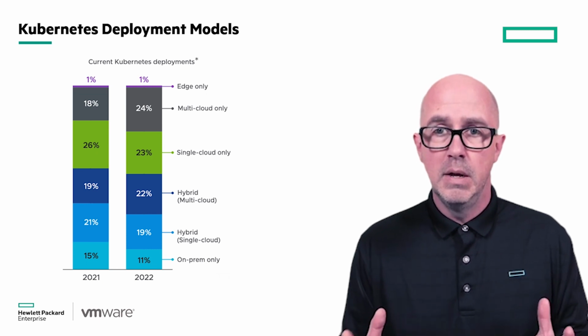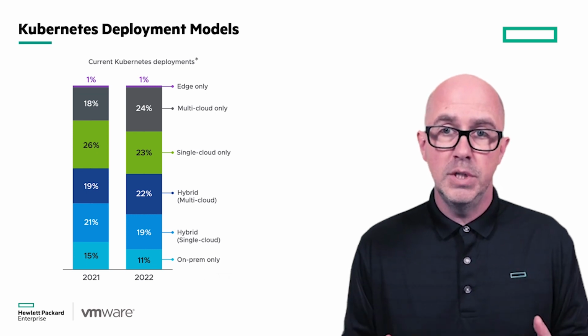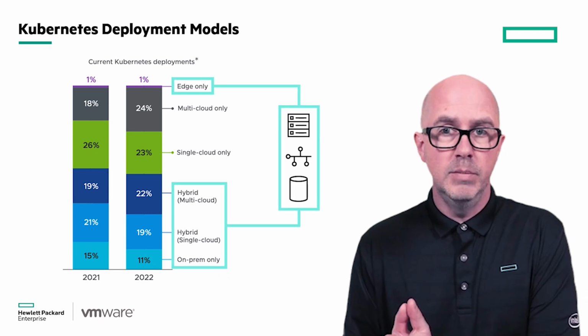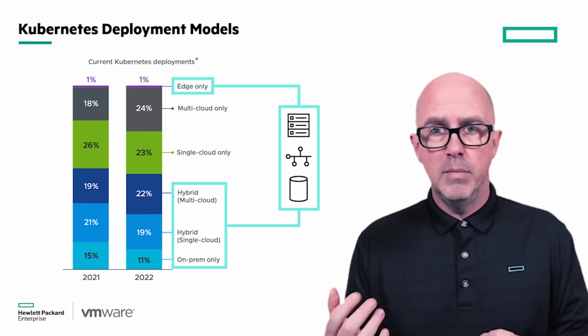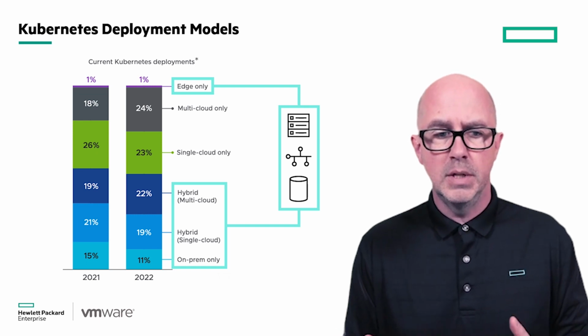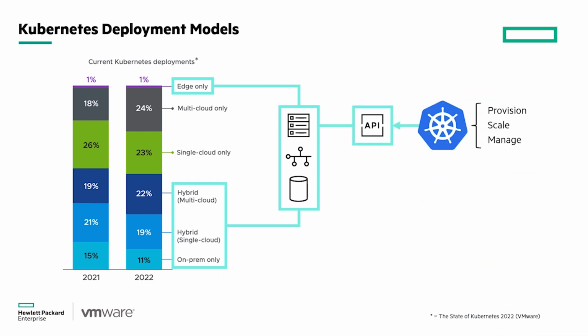And that means that wherever your app needs to run, we will need to provide a solution to allow you to manage it efficiently, both in your private cloud and in the public cloud. The solution that I want to highlight today addresses the edge, hybrid multi-cloud, hybrid single cloud, and on-prem only deployment paradigms, because that means that you need to manage your compute, network, and storage resources in an efficient way and abstract that up to Kubernetes to make sure that Kubernetes can provision, scale, and manage both the cluster and